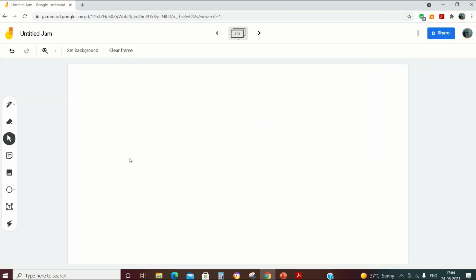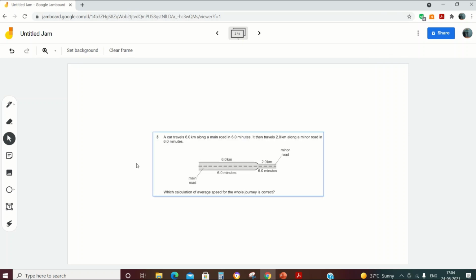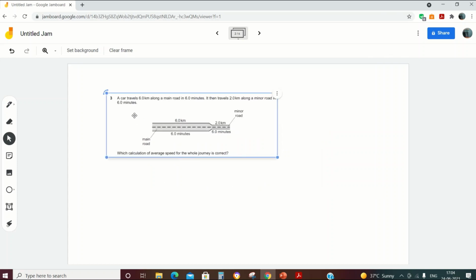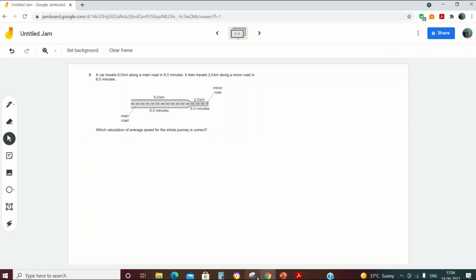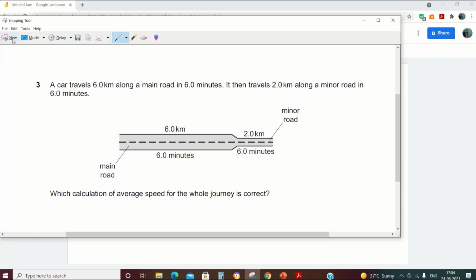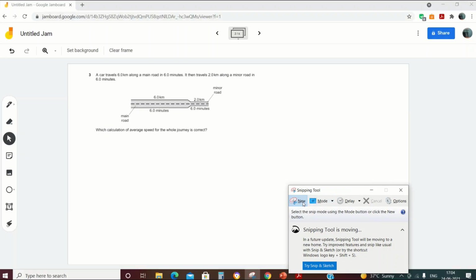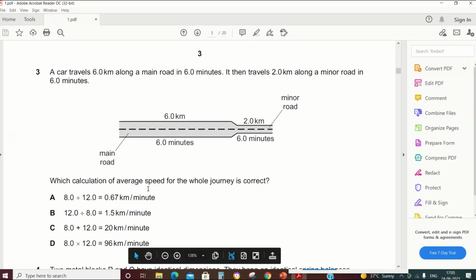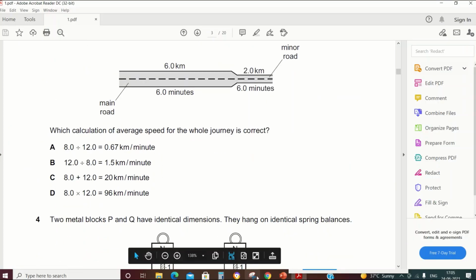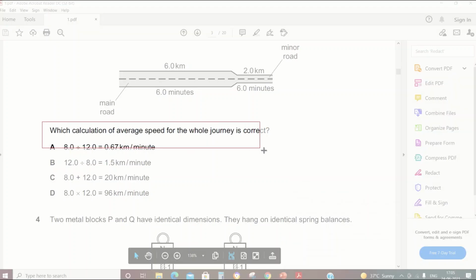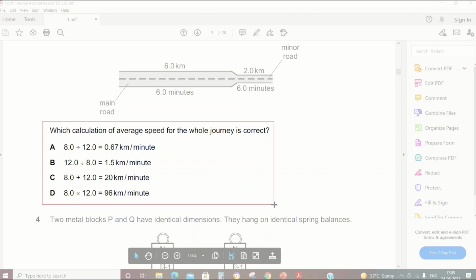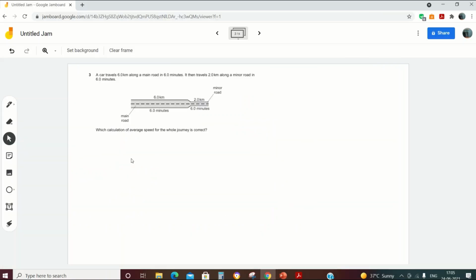Then you can use the command Control V, the option which we use in Microsoft Word or for any copy paste command, right? No need for a copy command, just the paste command will work here if you are using the snipping tool. I have not cut the question completely, because the size was bigger, so I take the next part as another snip, go back and paste it here.